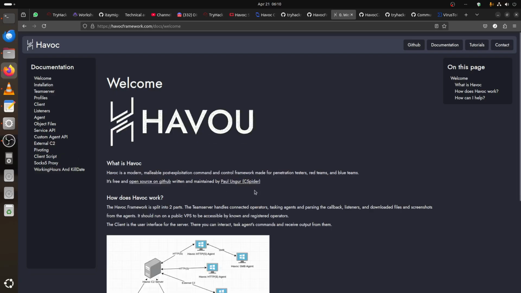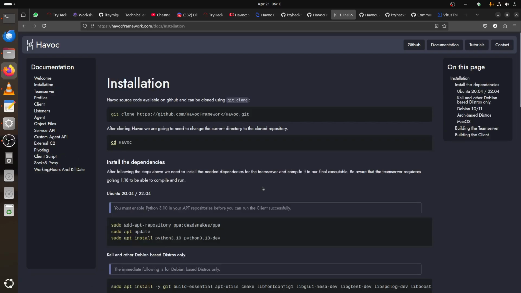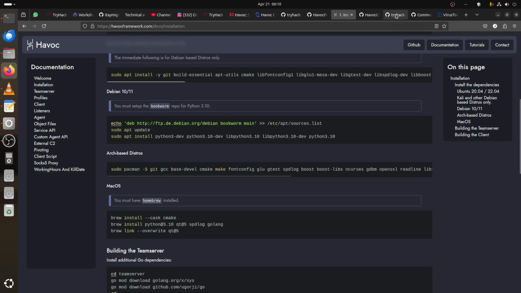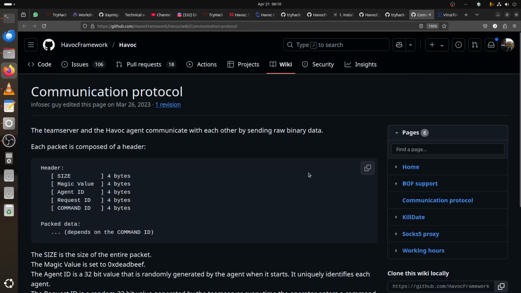Documentation. This is the installation, all of that, but we're not interested in that. We are more interested in how, for example, the communication protocol works. The interesting part is that each packet is